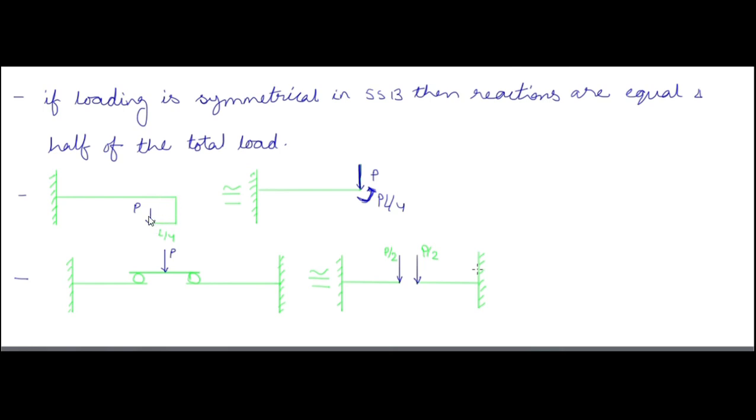So this point load will move from this point to this point because we are removing this extended portion. So P will be acting downwards at this point because this P will be transferred to this point. Actually this force P will be acting at the free end, so the load will be transferred to here. So P is acting here and also along with the bending moment that has been created by this load P. So PL by 4 is acting anti-clockwise. Okay.